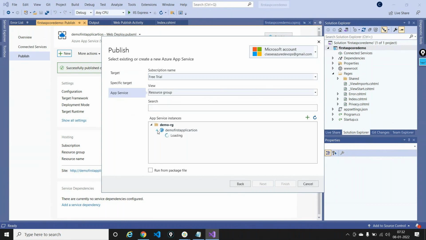If I just click this, I have something called deployment slots right now. So I added something known as a testing slot. And if I expand this, I have something called a test slot out here. Now this is what I'm interested in. I'll select this test slot and say this is the application where I want to go ahead and do a deployment, and I'll say finish.